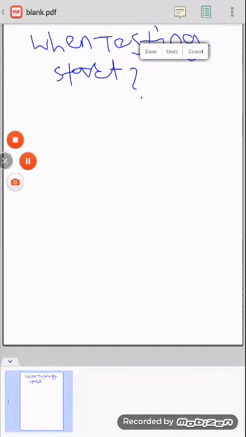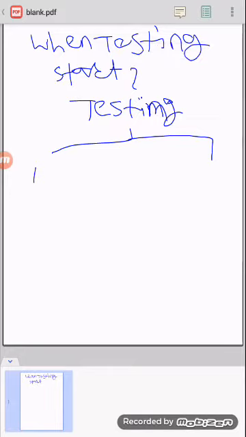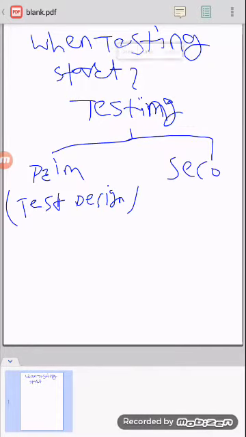Okay. Testing has two parts: primary and secondary. In primary, test case design is there, and in secondary, test case execution is there.